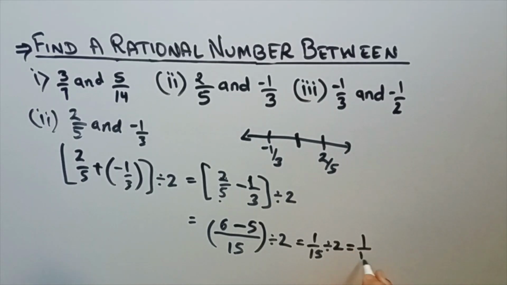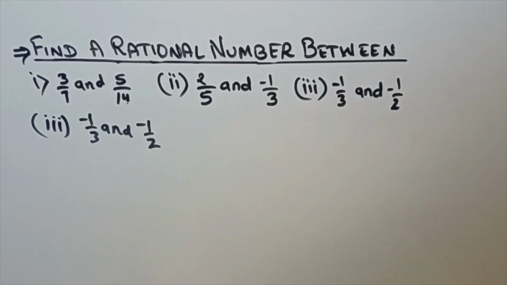1 by 15 divided by 2. Nothing is in the denominator, so I am writing 1. Now this is 1 by 15. Division, I am putting a multiplication sign here, and I will take the inverse of this. This 2 by 1 will become 1 by 2. Now multiply: 1 1s are 1, upon 15 2s are 30. So this is the answer.